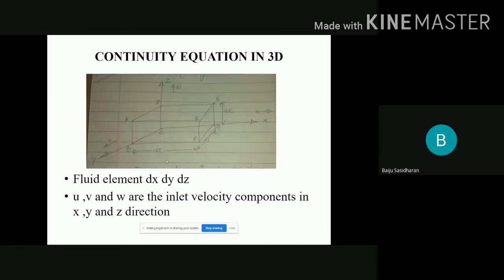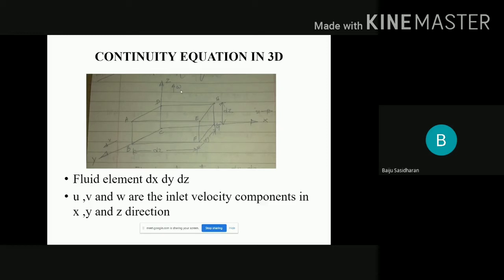You see the figure in the z direction. So we are having in the z direction rho into W into dx into dy, plus dou by dou z of those things. What is going out? Rho into W into dx into dy, into dz. That's the concept in the case of this direction. So you studied the flow along this direction, you studied the flow along this direction, and you studied the flow